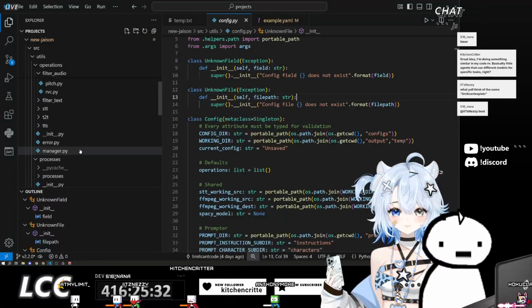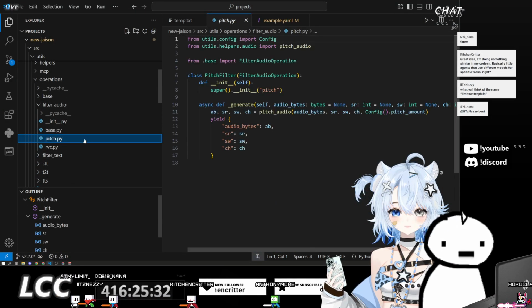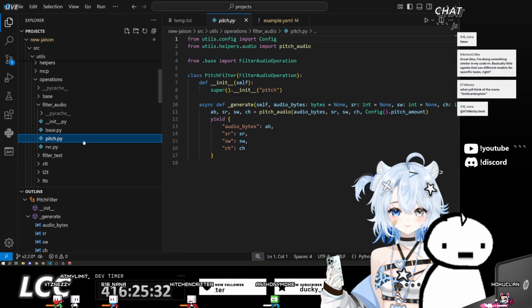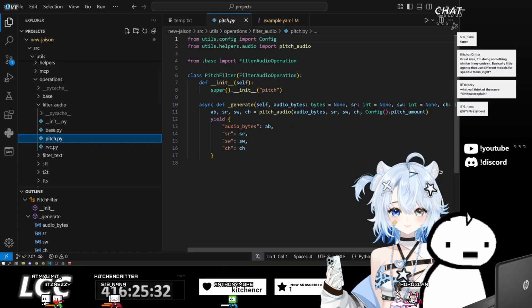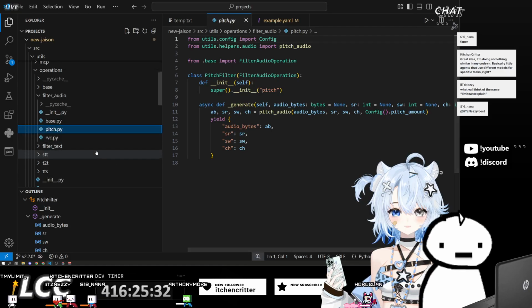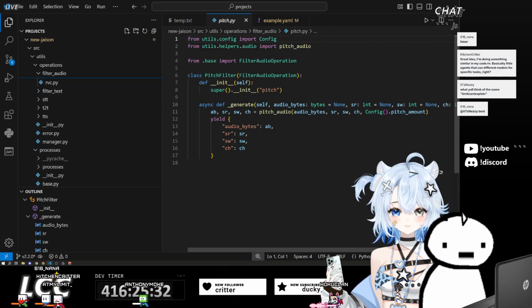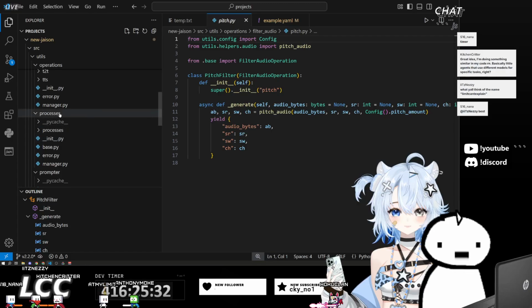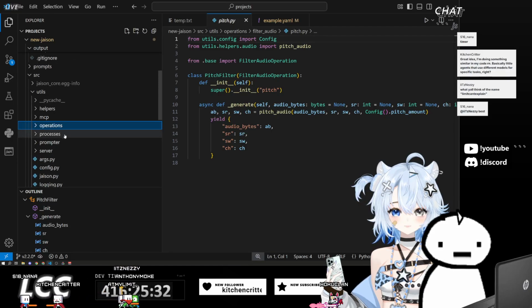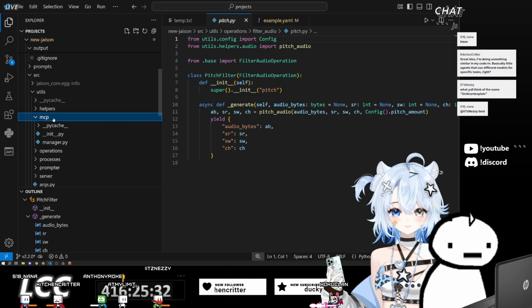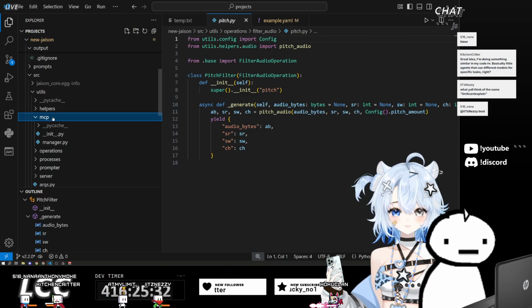It makes more sense that the configuration lives in the actual classes that they're being used in, such as pitch would have its pitch amount specified and managed within here. Processes would have its own, prompter would have its own, and MCP would have its own, I believe.